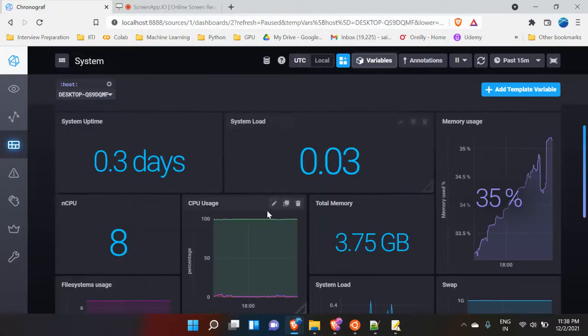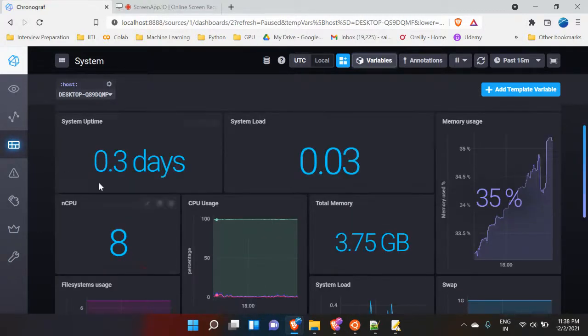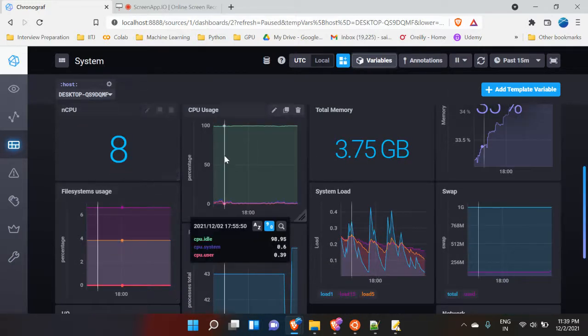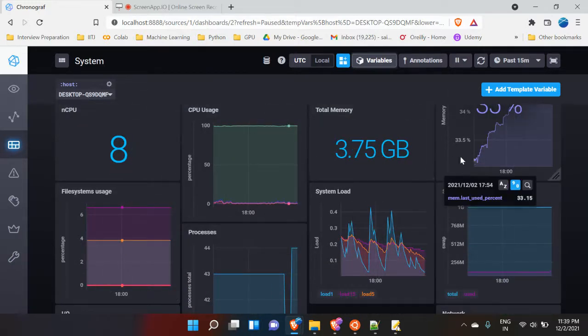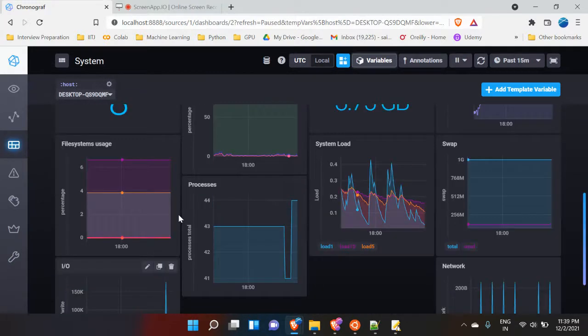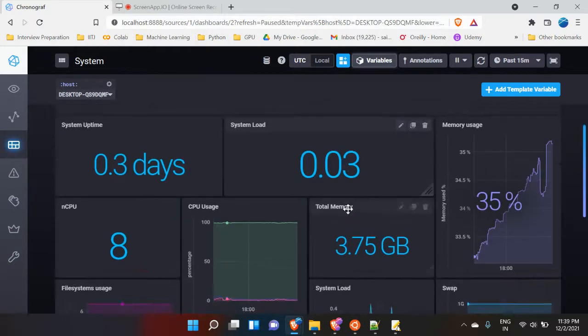As you can see that the dashboard is showing me all the metrics: number of days the system is up, system load, memory usage, number of cores, total memory usage, system load. Let me go ahead and show a real-time value where I'll show you that system load is actually changing.